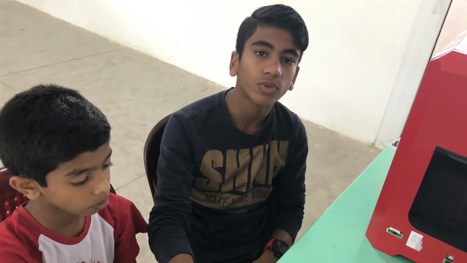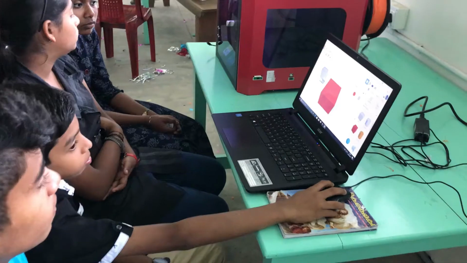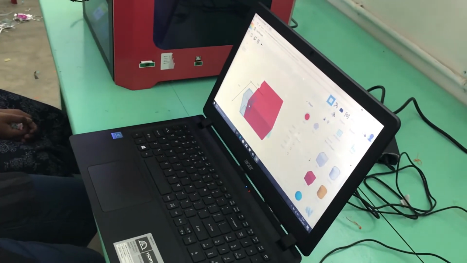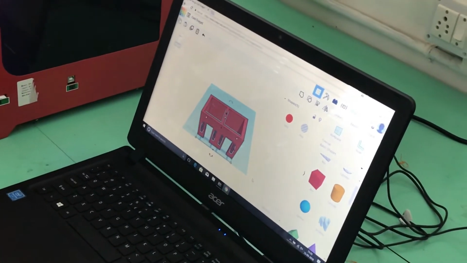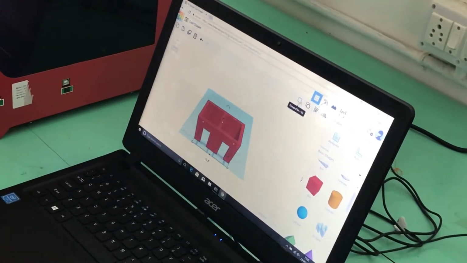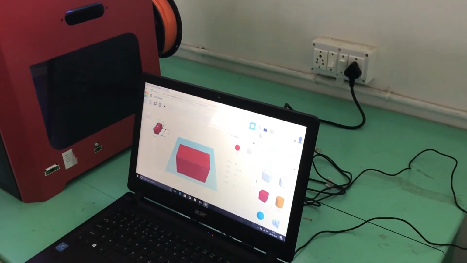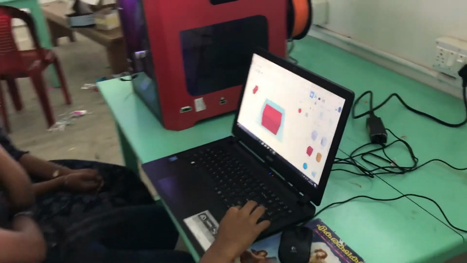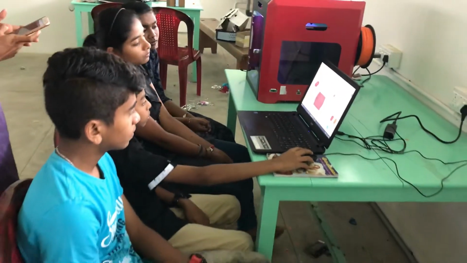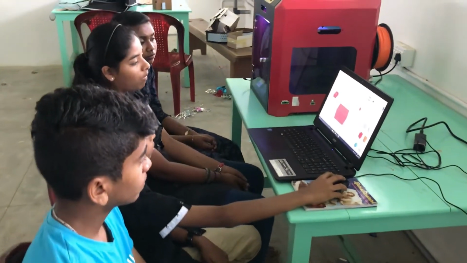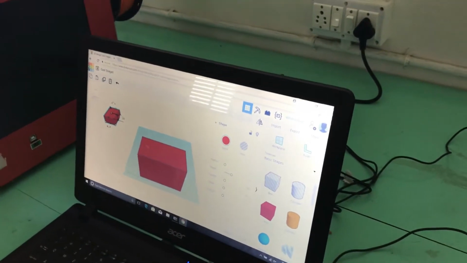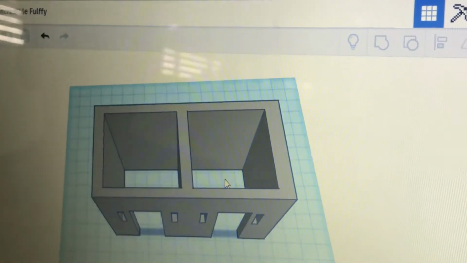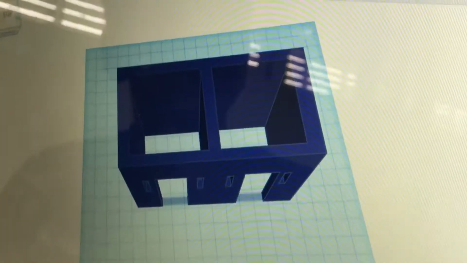Here we use Tinkercad software to build our model. Our construction is over. Let's export.